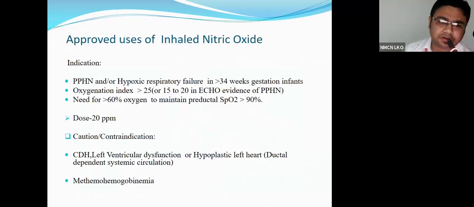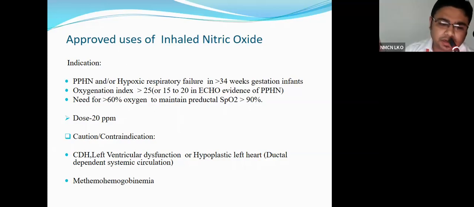So these are the approved uses of nitric oxide: PPHN, where there is confirmed PPHN and the gestation is more than 34 weeks, or if the oxygenation index is more than 25. Even people have used a lesser oxygenation index, coming back to around 15 to 20. So the oxygenation index doesn't always have to be 25 in order to start nitric oxide. The third is need for more than 60% oxygen, if you are trying to maintain the pre-ductal saturation more than 90%. Usually the optimal dose is 20 parts per million. And